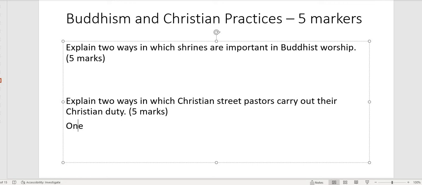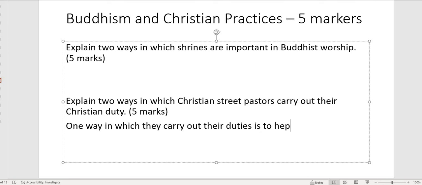That's right. I'm going to say one way in which they carry out their duties is to help those in need. That might even get you a mark because you directly address the question. One way in which they carry out their duties is to help those in need. This is quite vague, so I need to give a PEE here to be more specific. This is because, why do they do it? This is because